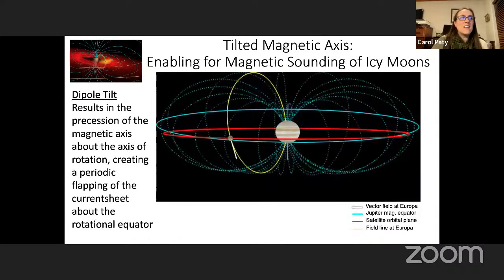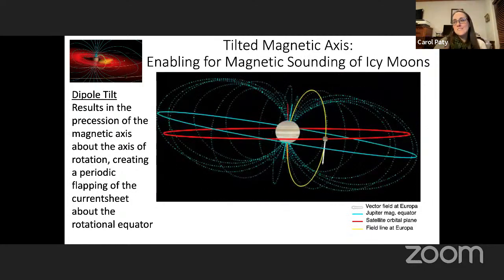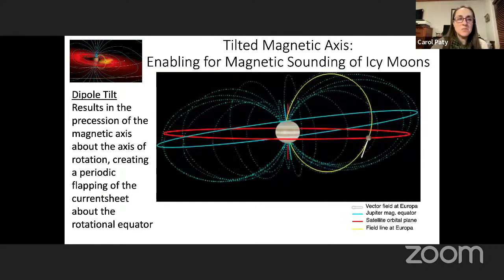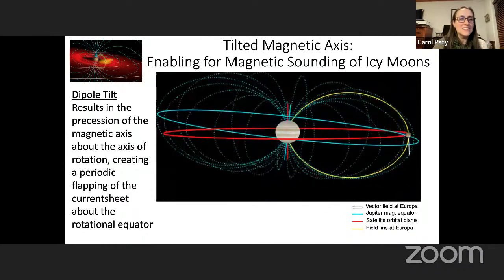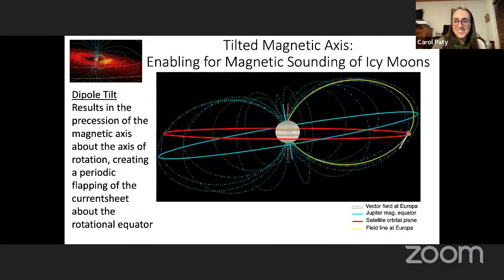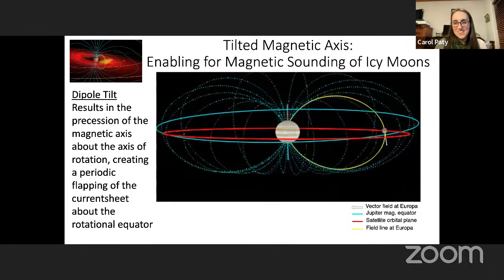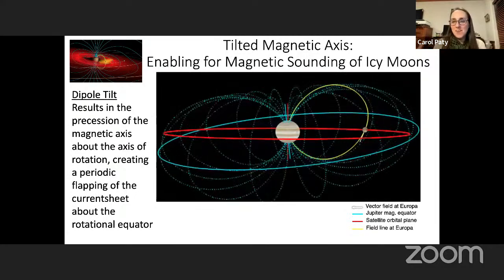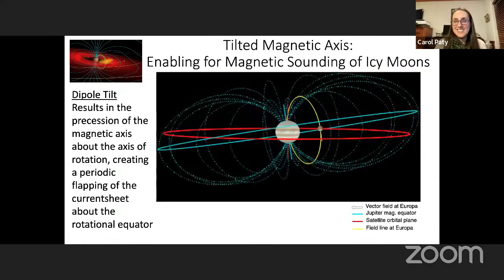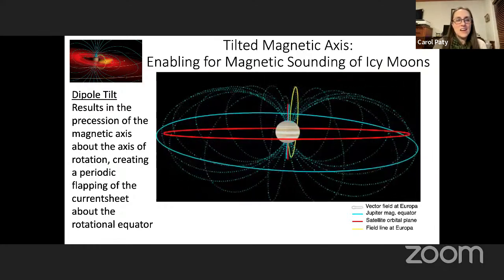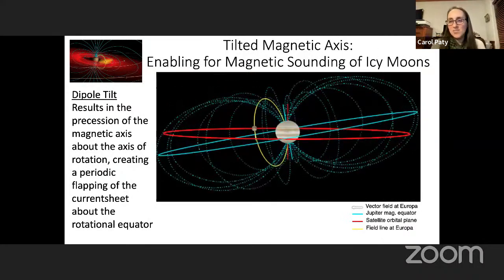The last thing I'll mention quickly is that magnetospheres are great laboratories for understanding a spectrum of magnetospheric dynamics, which may or may not spark your interest. Maybe magnetospheres are not for you, but a lot of people really love icy ocean worlds from an astrobiology perspective, or maybe you just loved 2001 Space Odyssey, who knows? But a lot of people love icy moon interiors and thinking about subsurface oceans beneath icy shells. And it turns out that whether or not you love the magnetosphere, it creates a great natural laboratory for studying